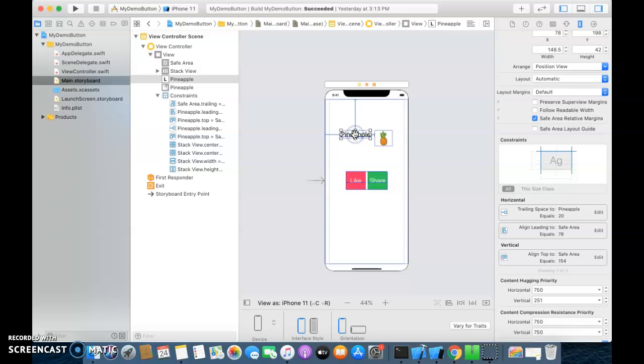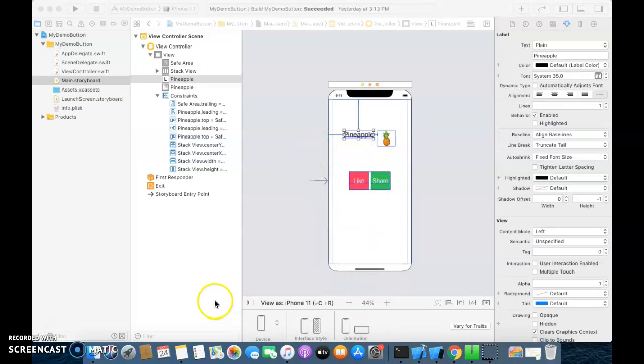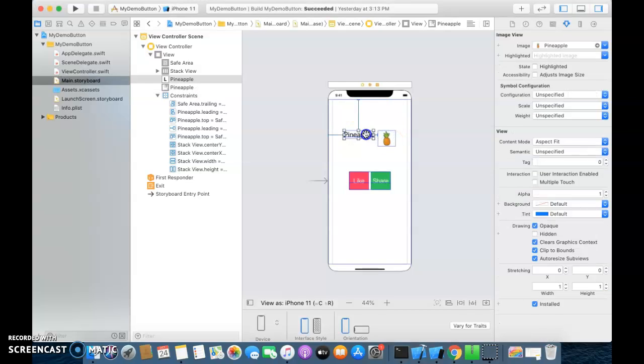So the content hugging priority of the label is 750 and the pineapple is 251. So I have put the content hugging priority of the label to be greater than the pineapple. So this is what the content hugging priority is. So with this, the content hugging priority will become clear to you.